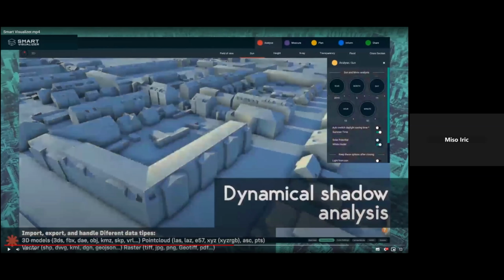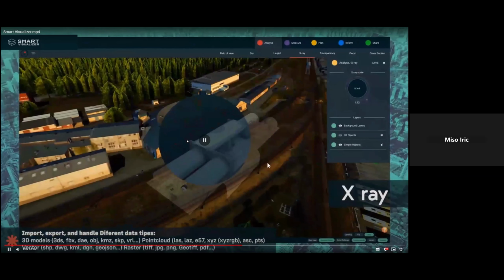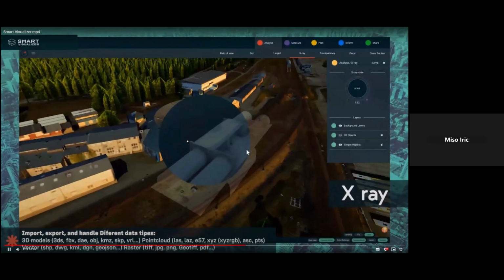Here it is also possible to create reports as PDFs that you can export and get inside the map for, for example, an urban project, and then use for decision making.